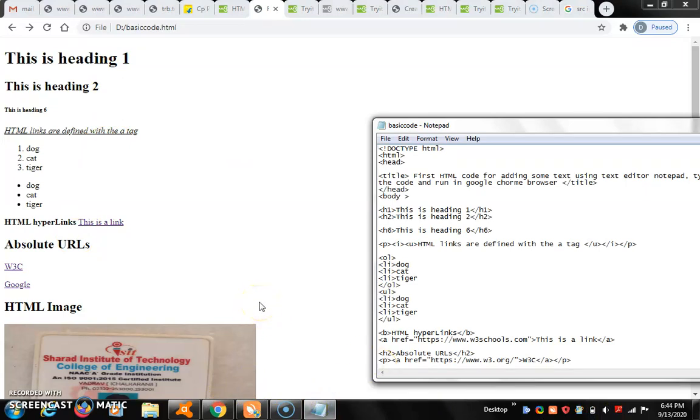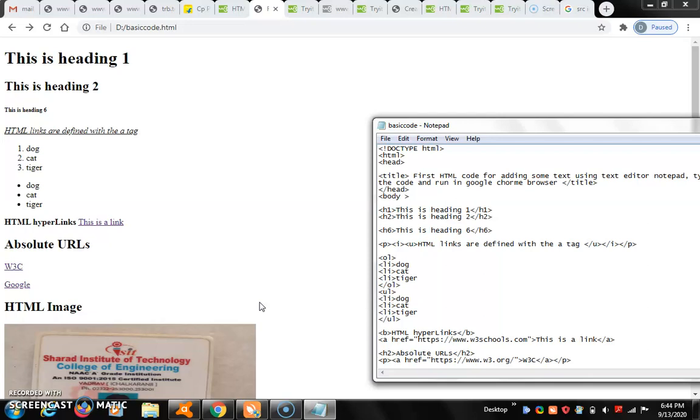In that execution, if you listened to my class three classes before, you know this is the structure of HTML, called the layout. Type exclamation and then HTML; it is the initiation of the HTML and the identification of the HTML code. After that you have to start with HTML.